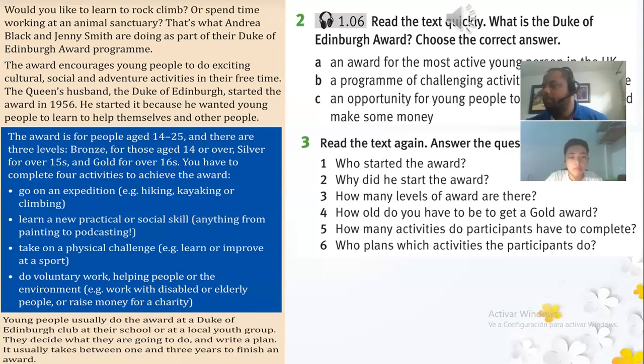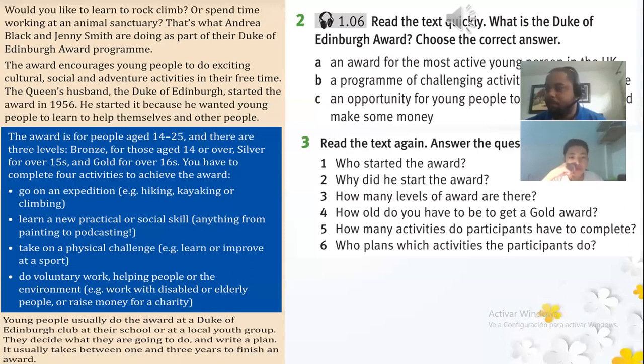He started it because he wanted young people to learn to help themselves and other people. The award is for people aged 14 to 25, and there are 3 levels. Bronze, for those aged 14 or over, silver, for over 15s, and gold for over 16s.